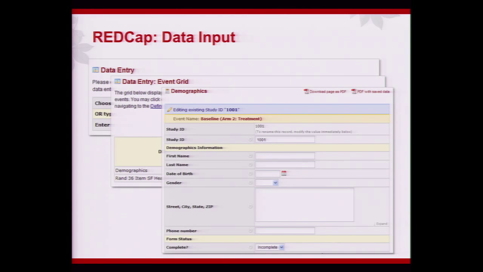Once you build your data collection forms, this is primarily how it looks when the data is being collected. A fairly simple user interface, easily understood by somebody who has not used it before. So especially if it's participant facing where you're having somebody fill out a survey, it's very straightforward, very easy to